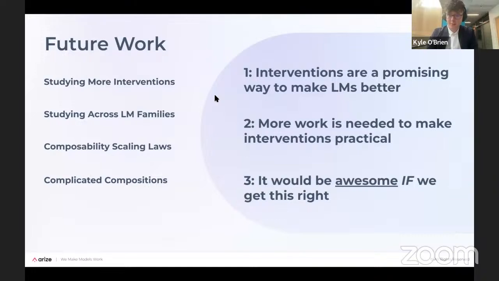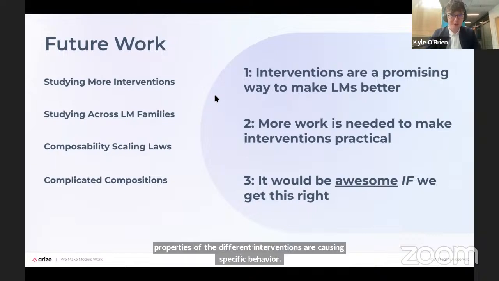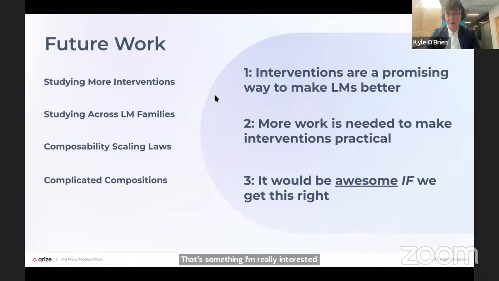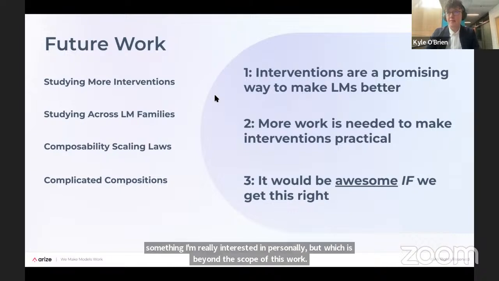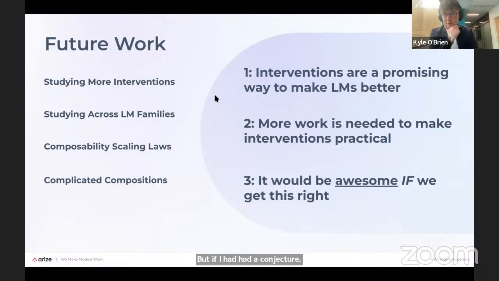Certainly. But a limitation of our work is that we're largely, to use a $5 word, phenomenological, in that we look at how applying interventions affects these top level metrics, but we don't dive deeply into looking exactly what properties of the different interventions are causing specific behavior. That's something I'm really interested in personally, but was just beyond the scope of this work. But if I had to conjecture, this is definitely mostly just half-baked thoughts that collaborators and I have. But it might be that